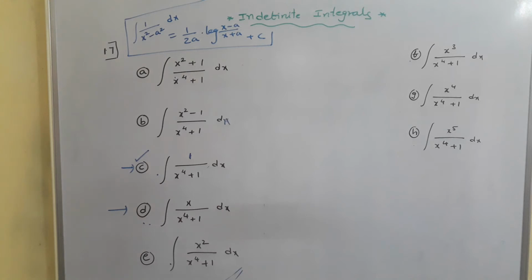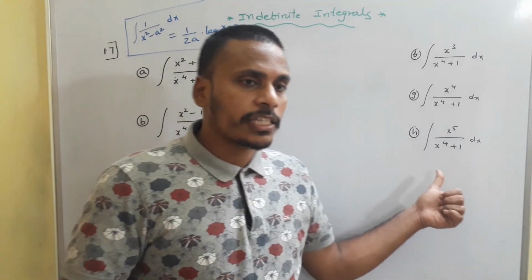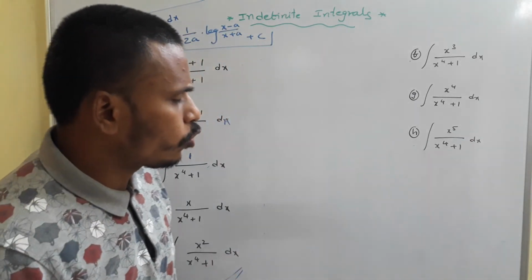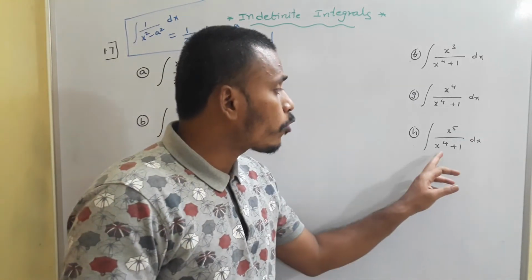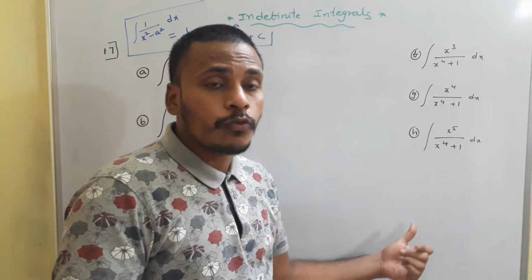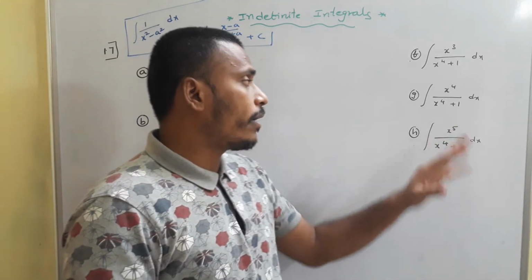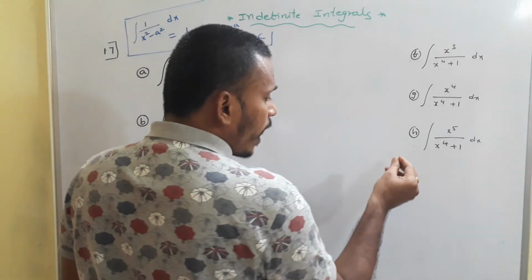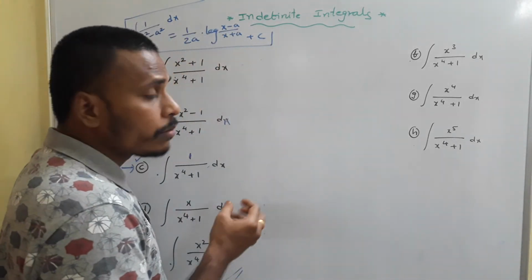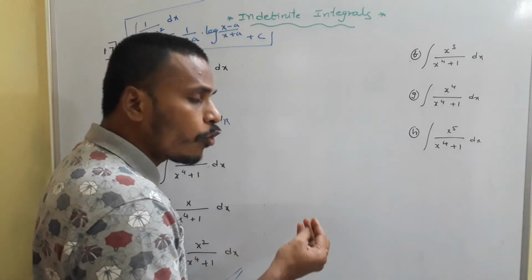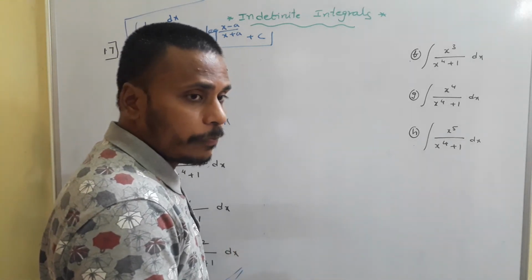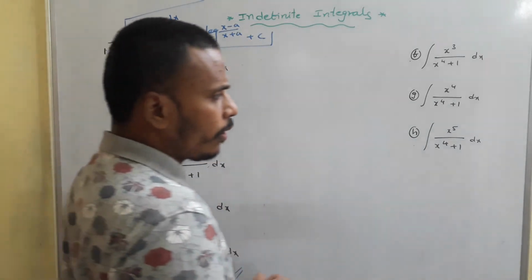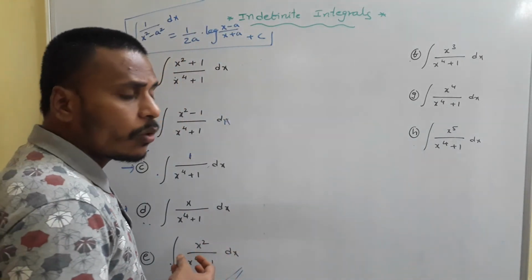Now last one, h, integral x power 5 by x power 4 plus 1 dx. So what is suitable substitution here? X power 4 is here, its derivative is 4x cube, that just, but numerator we have x power 5. So ఎలాంటి సబ్స్టిట్యూషన్ తీసుకుంటే ప్రాబ్లం సింప్లిఫై అయితే ఆలోచించాలి. x పవర్ 4 ని t అనుకుంటే బెనిఫిట్ ఏమైనా ఉందా, x క్యూబ్ ని t అనుకుంటే ఏదైనా ట్రాన్స్ఫార్మ్ అవుతుందా, x స్క్వేర్ ని t అనుకుంటే what will happen.